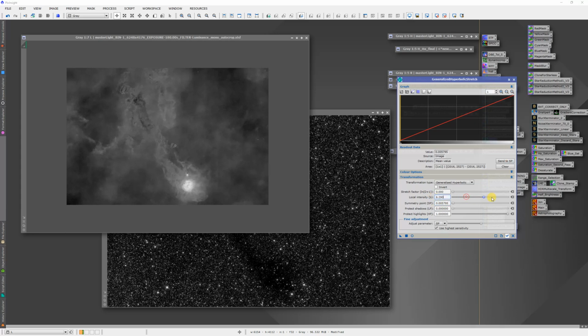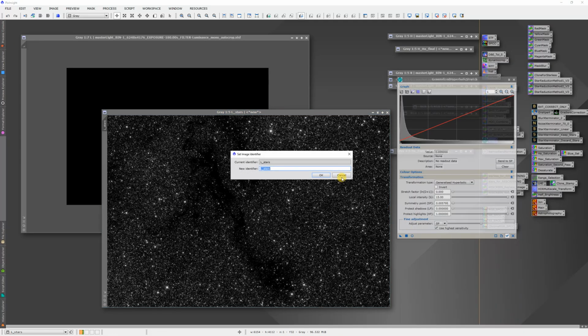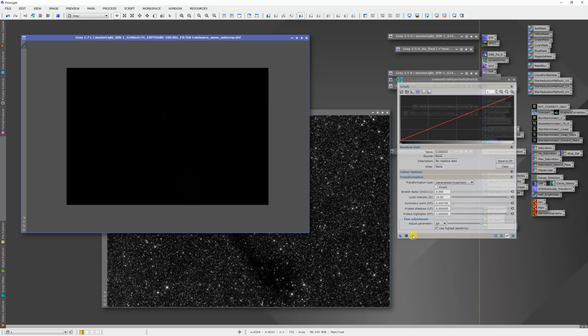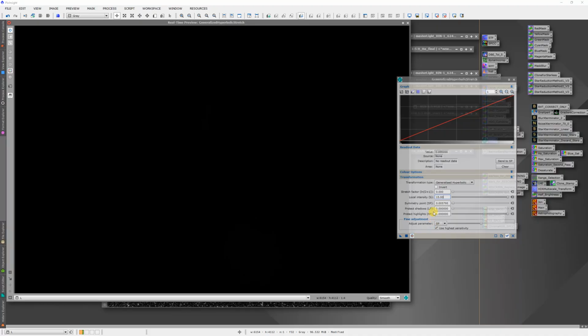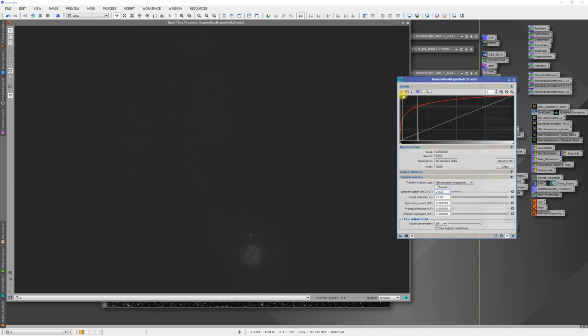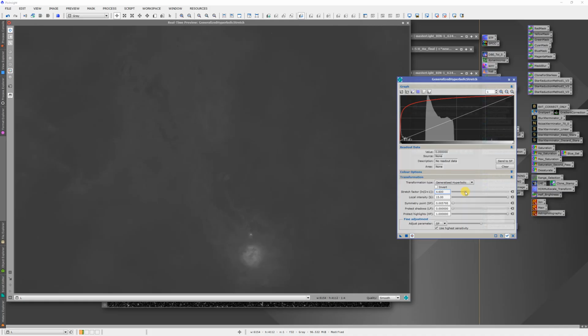I'm going to ramp that local intensity all the way back up to 15, reset the screen stretch. No, that's not what I do. Hit the preview and start stretching. Change this to log view because that's how I like it. I just want to get it until the background starts to become barely visible. I'm going to play with the symmetry point again, trying to maximize the contrast in the background. That looks about right. Hit it,